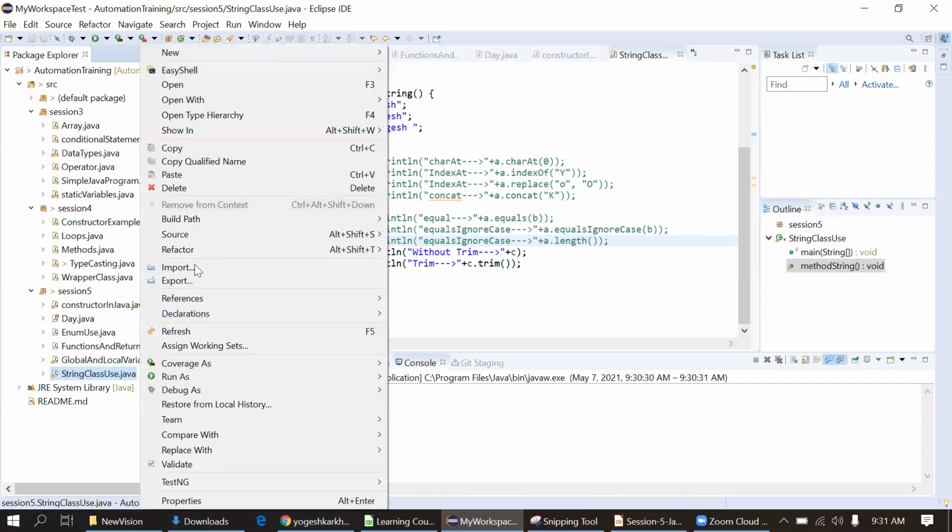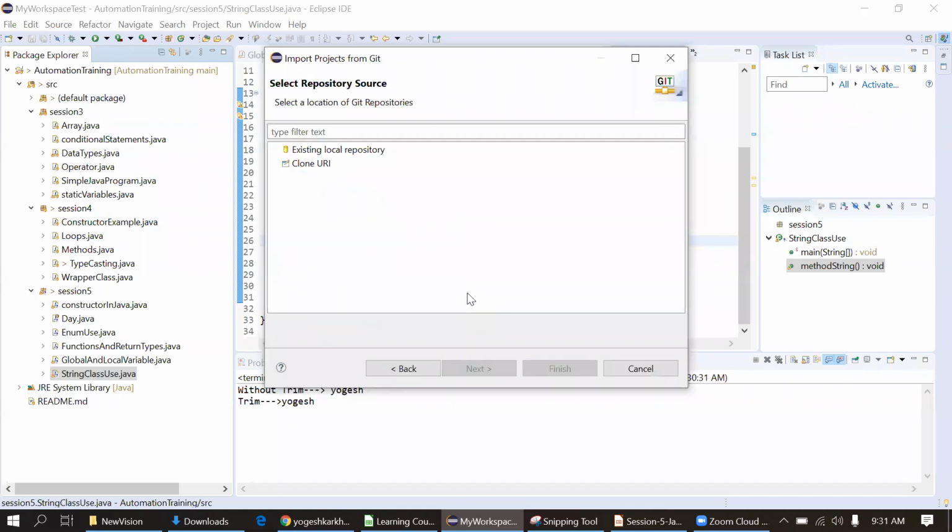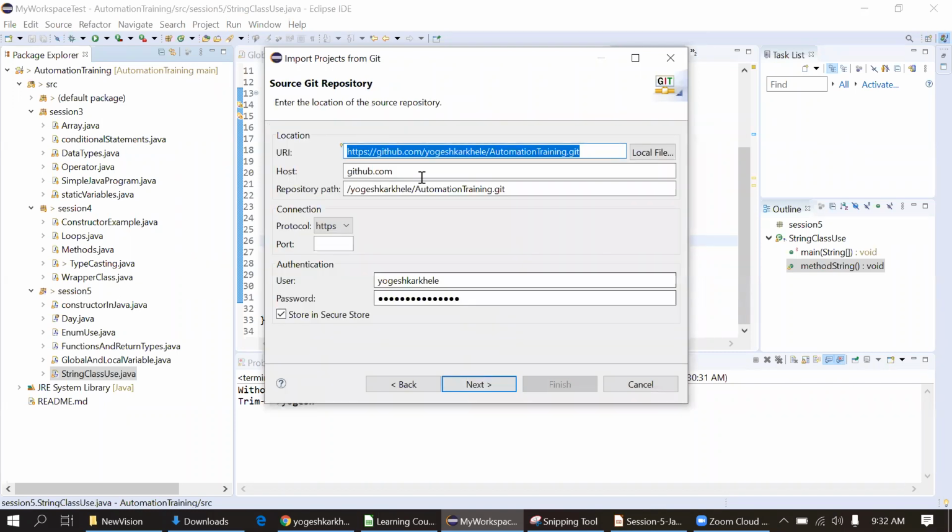Use the import option. Go for Git. Projects from Git. Click next. Clone URI. Next. And you have to copy and paste this copied URL here. All the things come automatically, and then you go next and import the project.